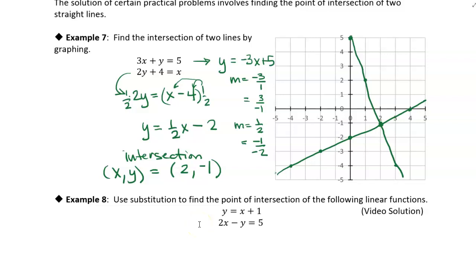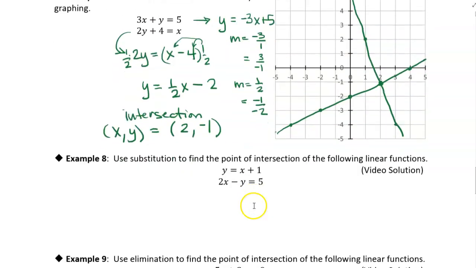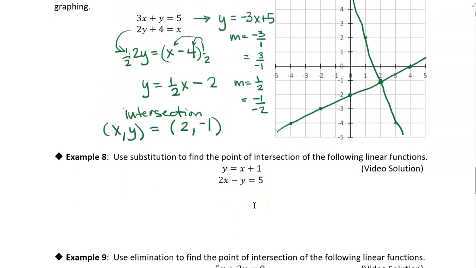All right, so in that last example, we can see visually the point of intersection. The point of intersection is the xy coordinates that satisfy both equations. Okay, so we're looking for a point that satisfies both equations. That's the key thing here. So most of the time we don't do it graphically. You're not going to go through the whole exercise of graphing the lines, but you can solve these equations by